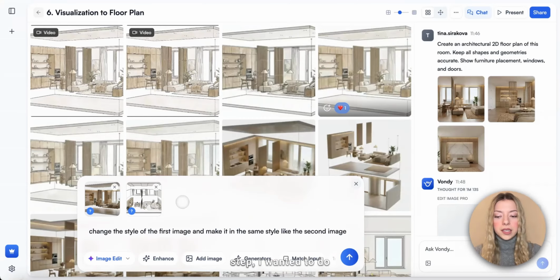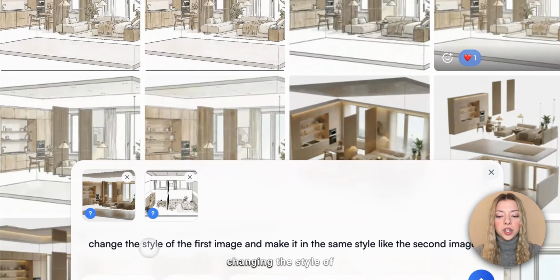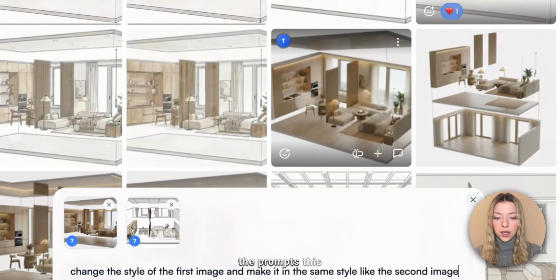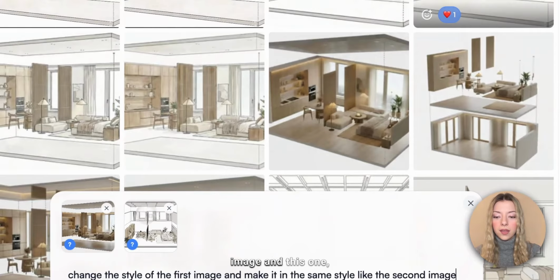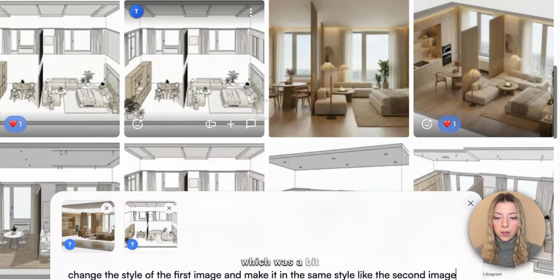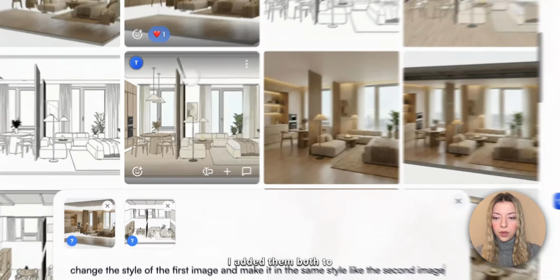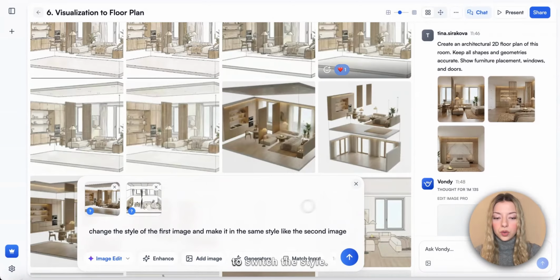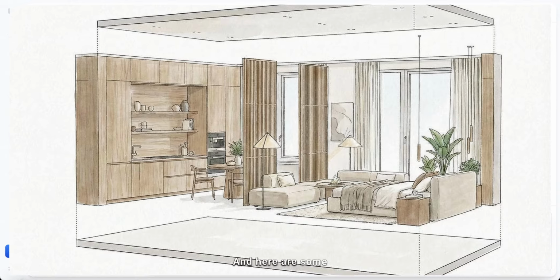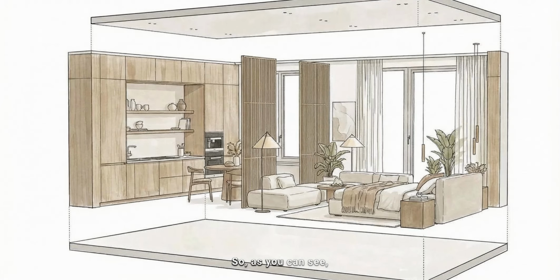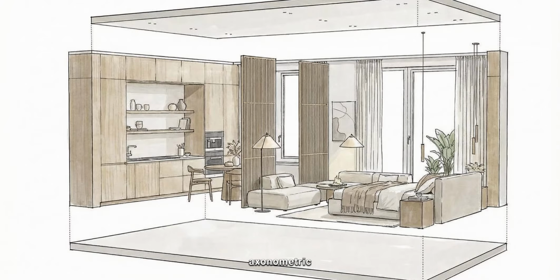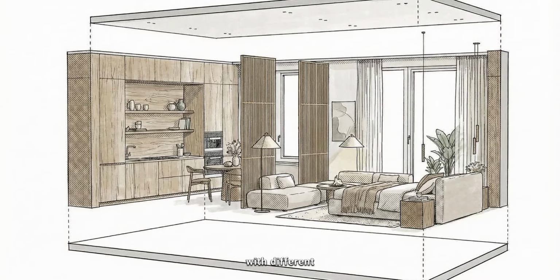And then for the next step, I wanted to do an experiment of changing the style of the first image and making it in the same style like the second image. So I uploaded to the prompt this previously generated image and this one, which was a bit further back. So yeah, this image. I added them both to the prompt and tried to switch the style, and here are some of the results that I got. So as you can see, it's all the exact same perspective, the exploded axonometric drawing, but just with different colors